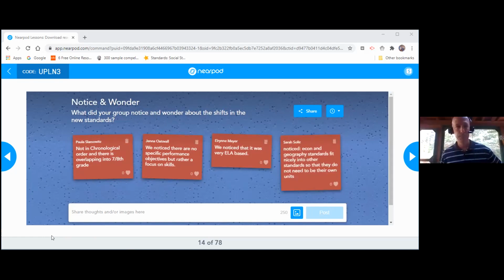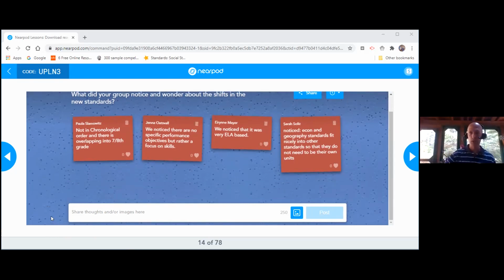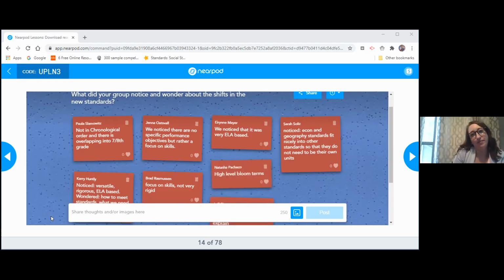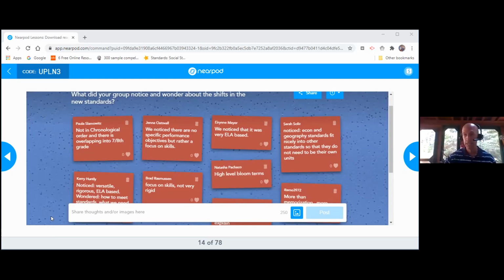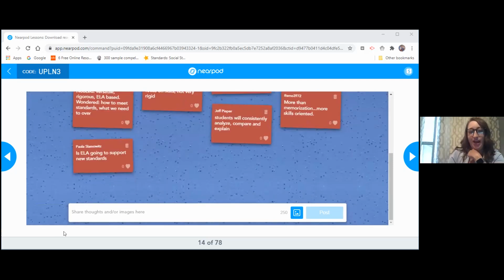Yep, so the POs are gone, thankfully. Yep, very ELA based, a lot of connection between the ELA standards. There's actually a crosswalk, let me get that. It's funny though, I feel like when I looked at the crosswalk originally, I was like, every standard connects to the ELA. Like, yeah, it does. There's so many. So it was a little overwhelming for me at first. Look at it. You just have to take it and see which standards fit best with what you're trying to teach in the moment.